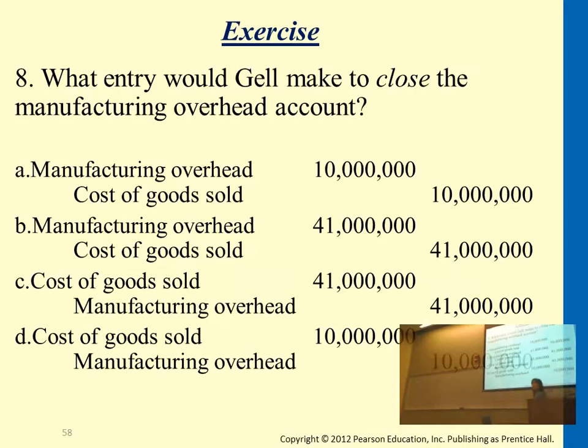I don't know the number, but I know the entries. I'm sorry, you will. I know, like, cost of goods sold, then manufacturing overhead. So which one are you choosing here? I think